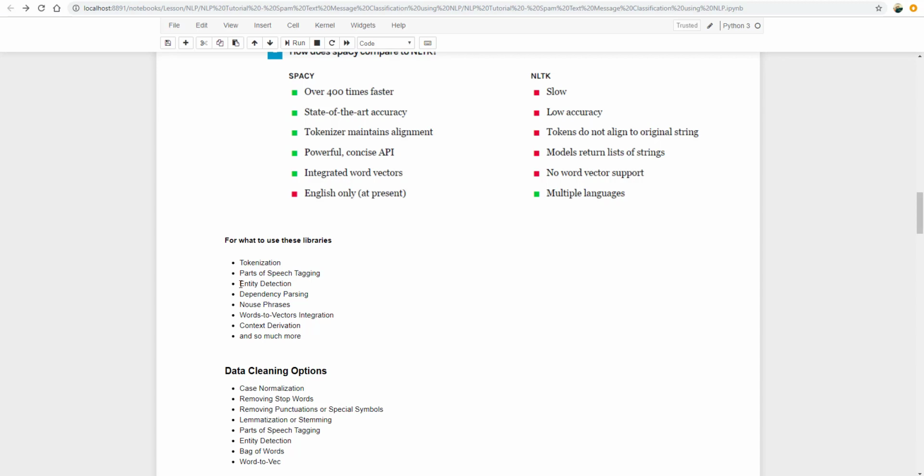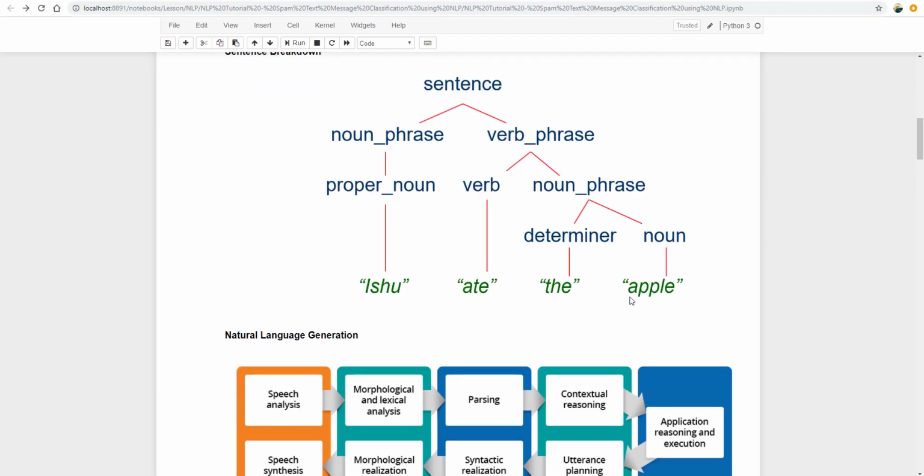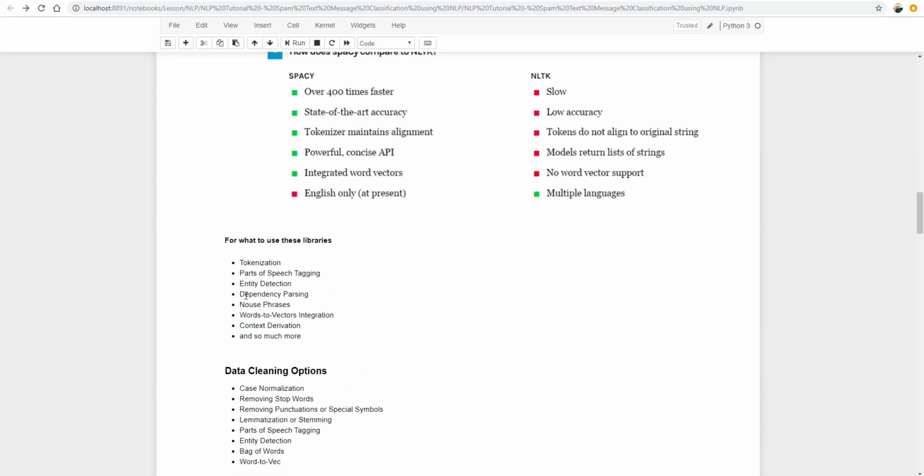For example, let's say I say Apple is opening a new factory. All right. So if I say Apple is opening a new factory, then Apple is an organization or a company entity. But if I say here, "I ate the Apple," then Apple is not an organization here. Apple is a fruit here. So this is how we do entity detection, and then dependency parsing, and then noun phrases, word to vector integration,